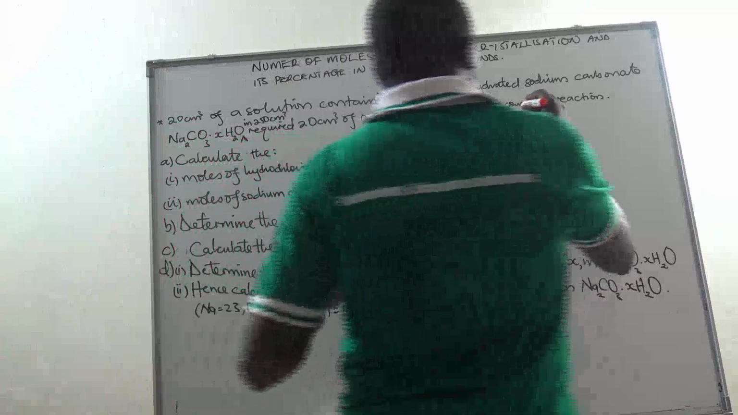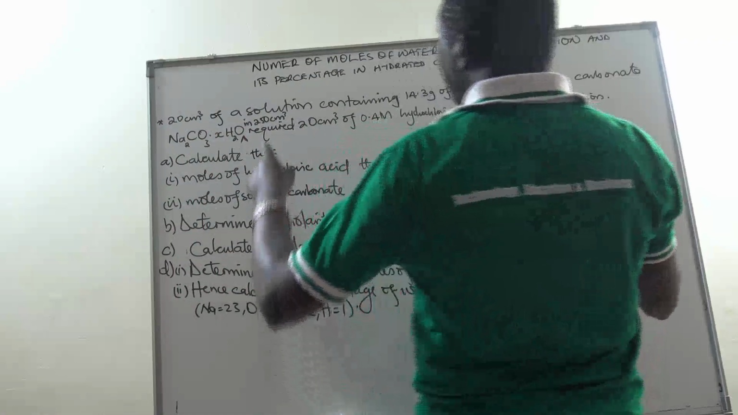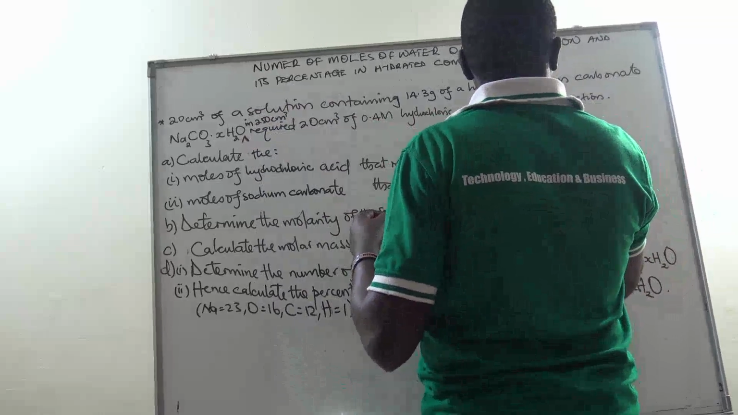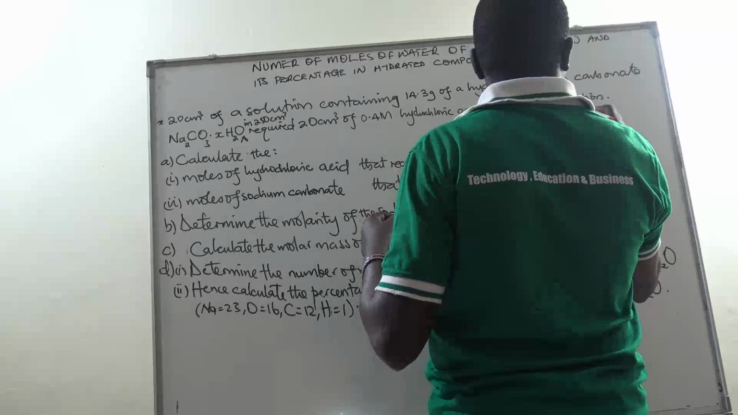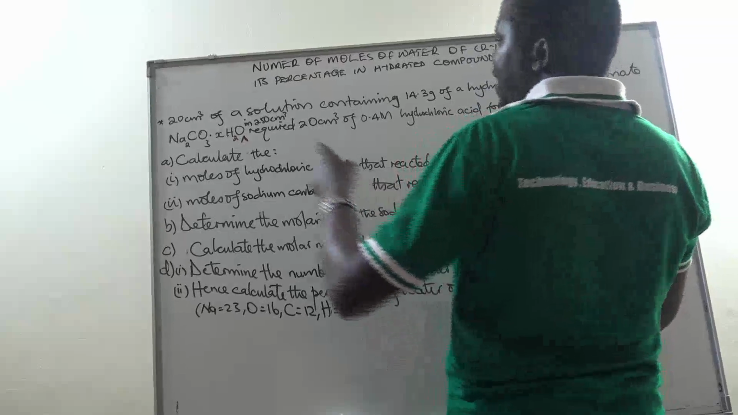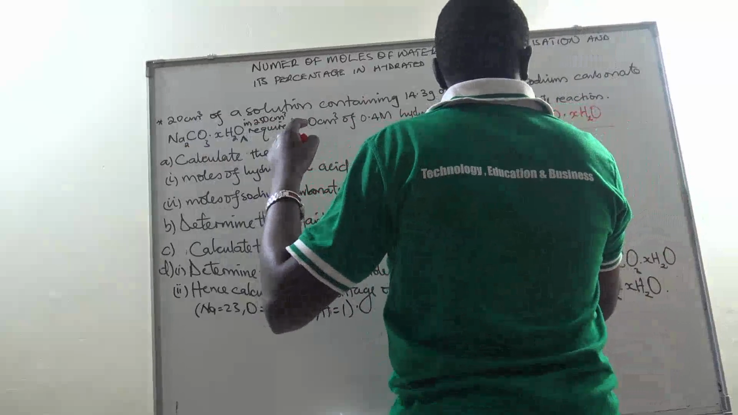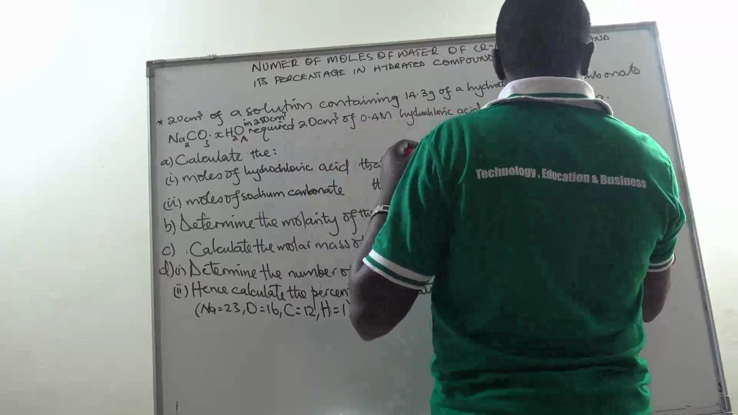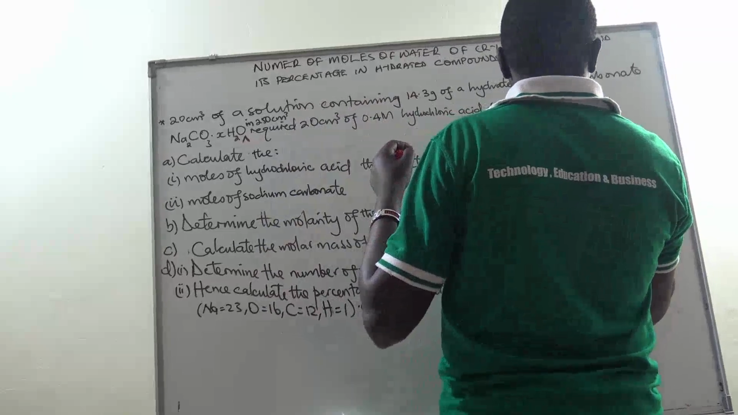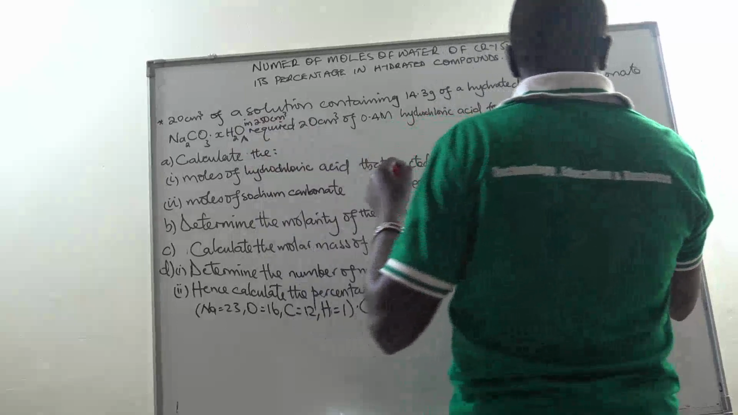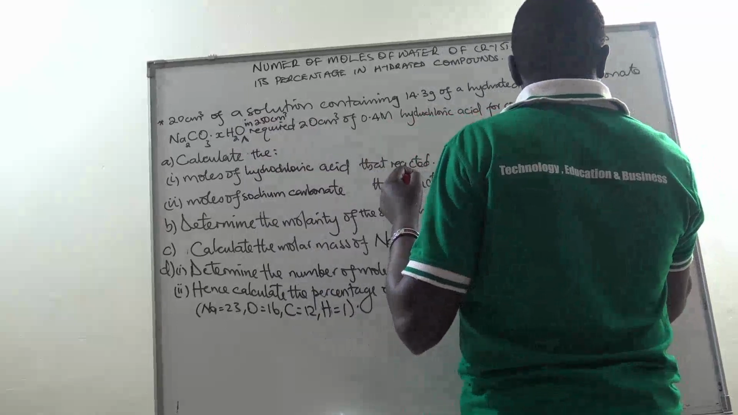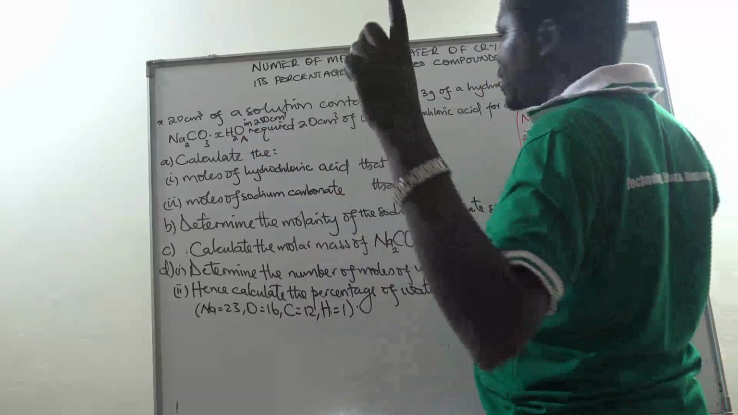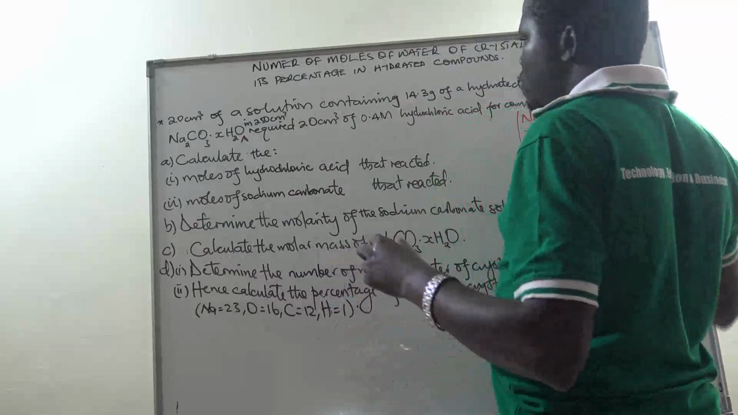So what do we do first? We first collect the data. In our data here, we have been given the hydrated sodium carbonate, that's sodium carbonate dot X water. We have been given the volume is 20 cubic centimeters. And then the concentration is 14.3 grams per 250 cubic centimeters. So the 14.3 grams of the hydrated sodium carbonate was dissolved in water to make 250 cubic centimeters